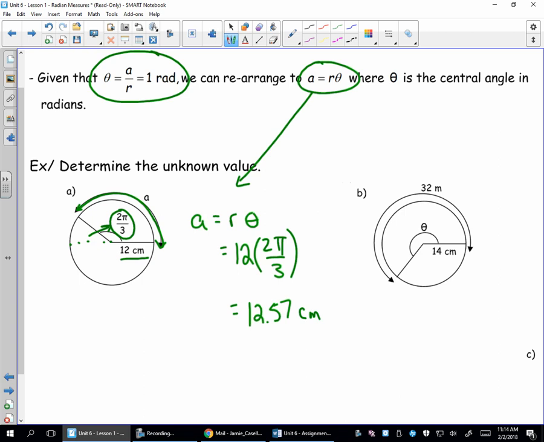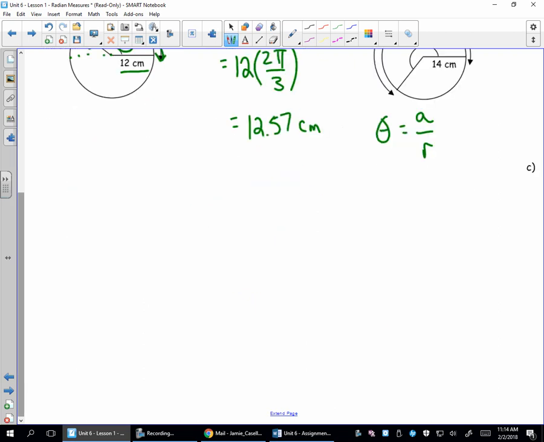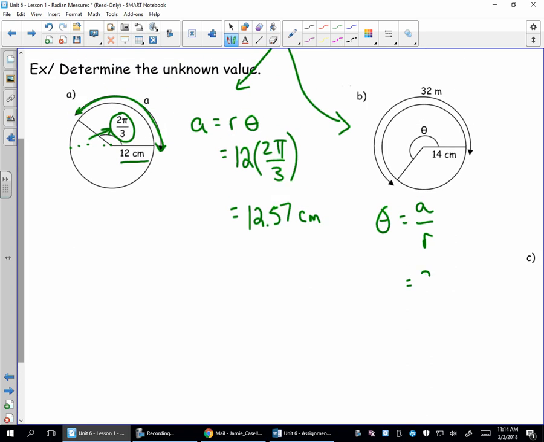I can use similar ideas to solve for central angles. We'll just use a different version of the formula. So our angle is our arc length over our radius. What is our arc length here? Well, it tells us it's 32 meters. Our radius, however, is in centimeters. So if I change that to meters, that's 0.14. And if I divide that, we'll get a big number,